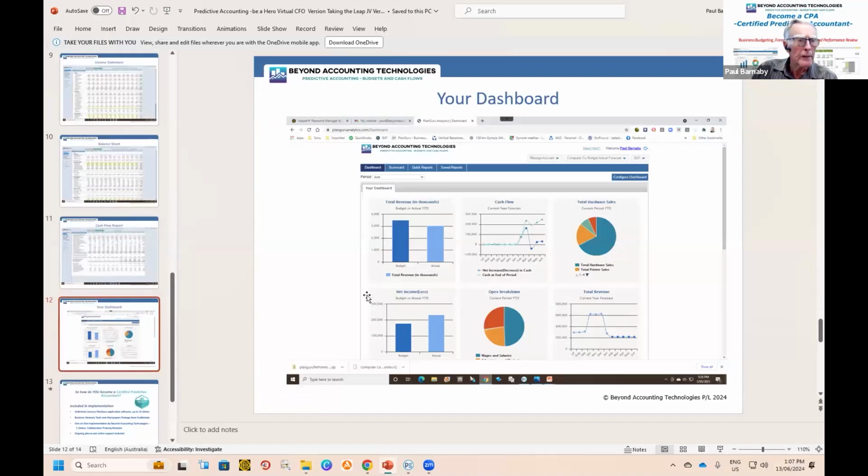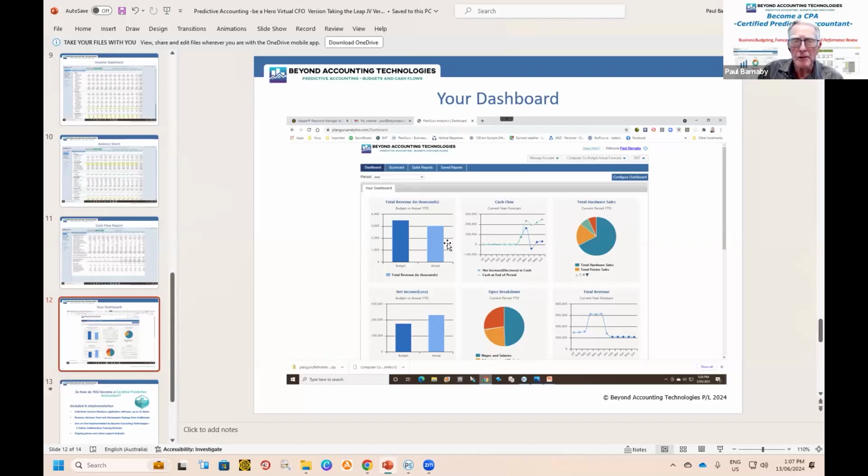Okay, so that was just a quick example of some reports that I've flashed by, including things like a dashboard. Clients love dashboards. Numbers bore them to tears. I can remember more than one client when I produced the profit and loss statement and balance sheet, they'd say, "Don't show me that, please, Paul." And half the reason was we hadn't taken the trouble to explain to them how this is all derived, even though it might only be historic data.